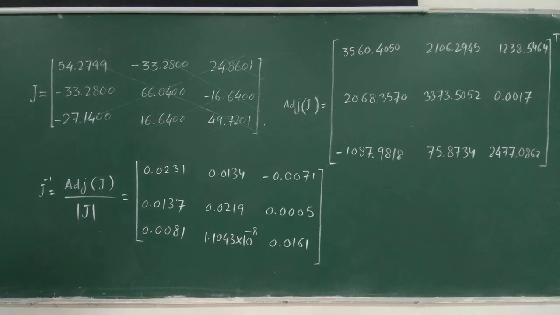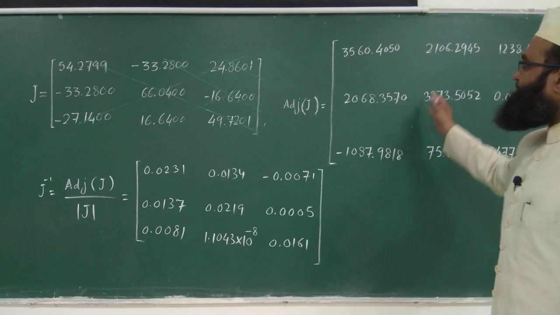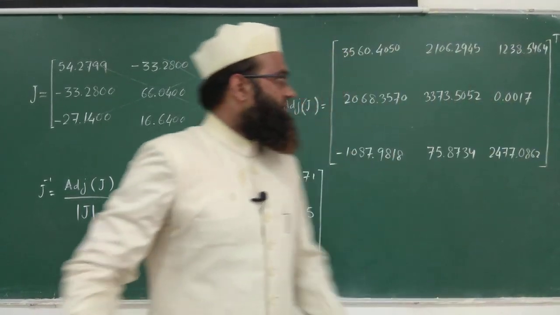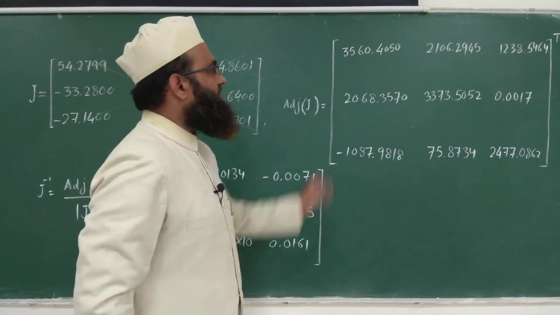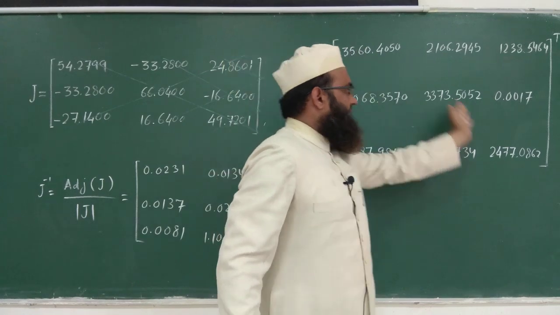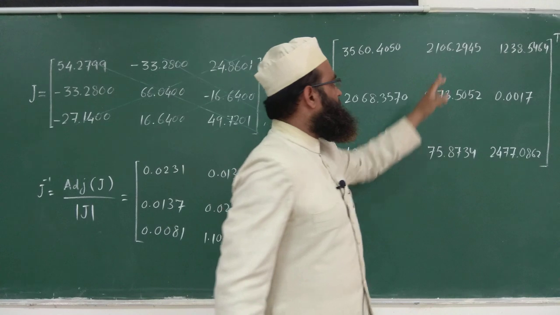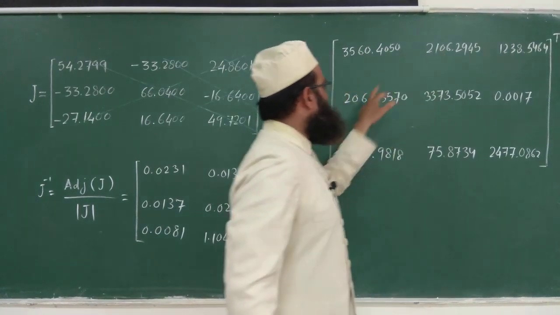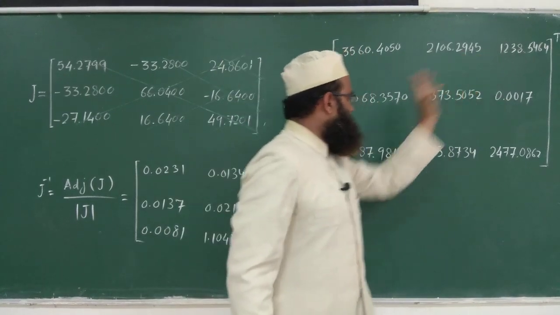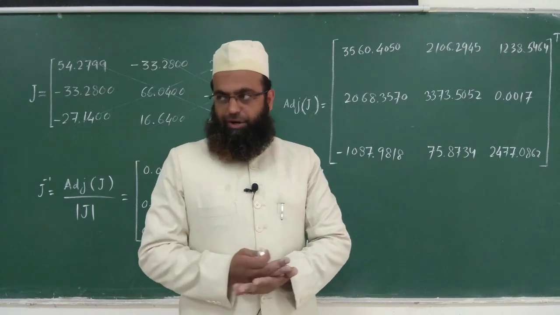So this way we are getting adjoint J as the transpose of this matrix. So you have to take the transpose of this matrix. How to take the transpose of a 3 by 3 matrix? Keep the diagonal elements as they are and take the mirror image of the other elements. So this element will come to here after taking the transpose, and this will go there. Similarly, this will come here and go there, right? Element ij will be replaced with ji, right?